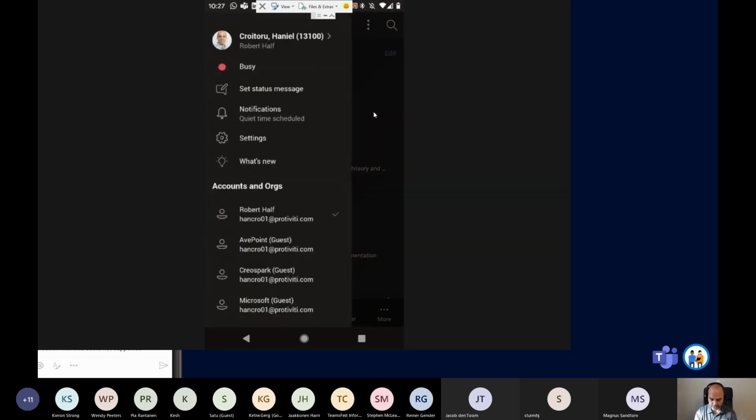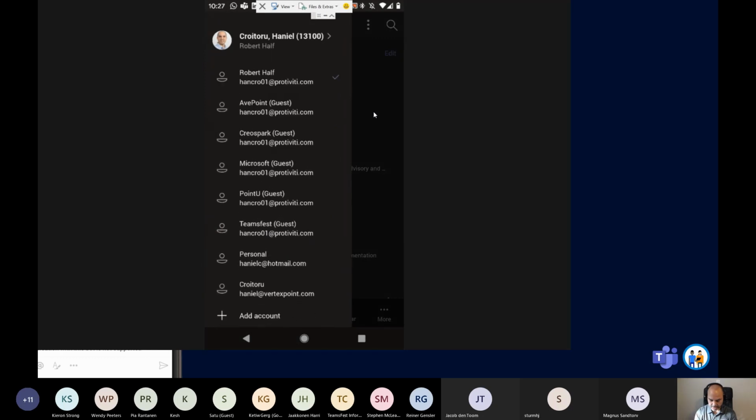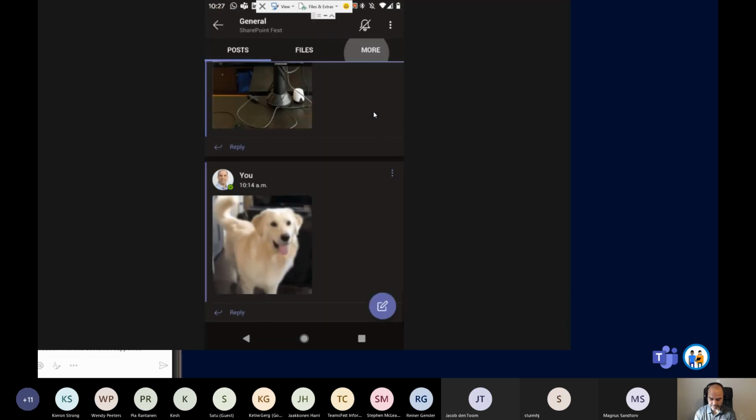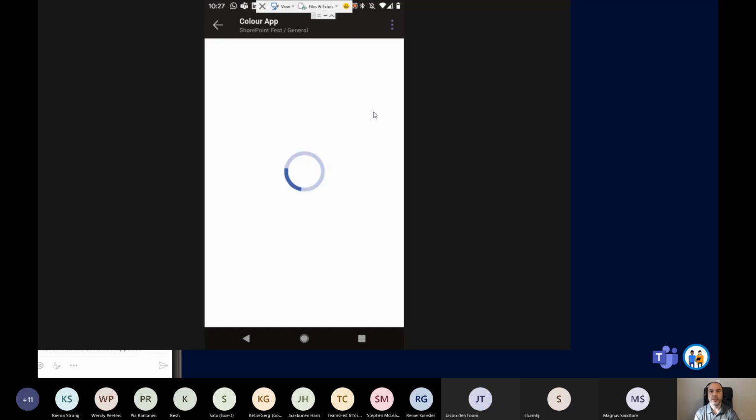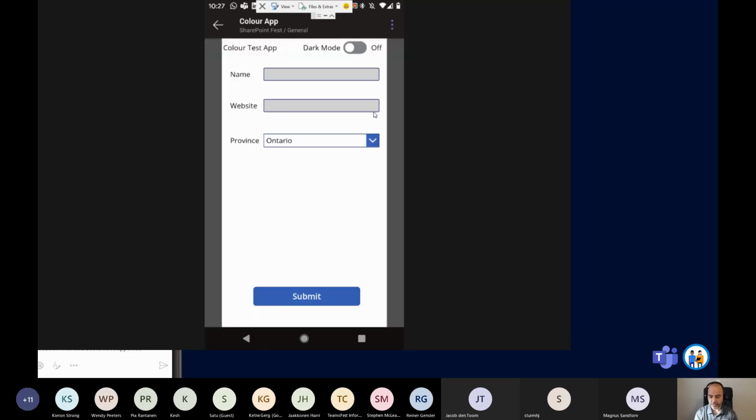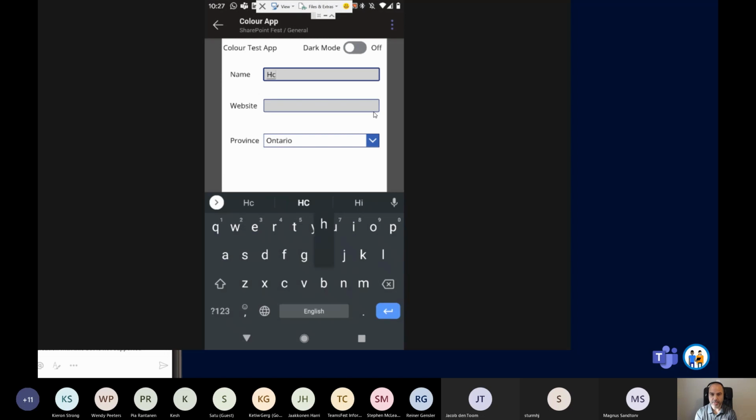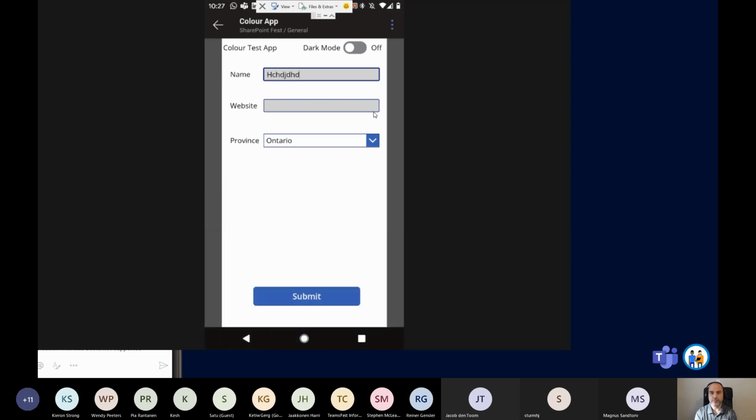Let me switch to another tenant and I'll show you another example that I built. It's a very simple app. It doesn't do much, but it showcases an example of a customization that you can bring up directly within an app. So you don't even have to leave the app to go to Power Apps or something else. If you don't recognize this, this is a Power App running inside of my team. I can interact with it, do whatever I want, just like I would if I were to run it inside of the Power Apps player.